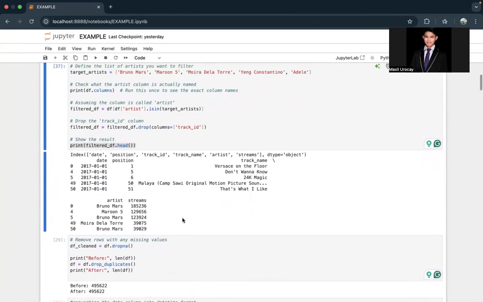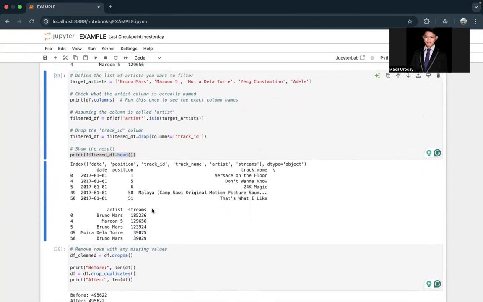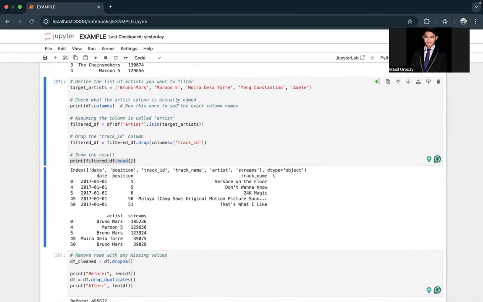Here I define the list of artists that I wanted to filter. I decided to show five of those cases. When I printed the first five rows in my data frame, the artists shown are Bruno Mars, Maroon Five, Bruno Mars, Moira, and Bruno Mars.